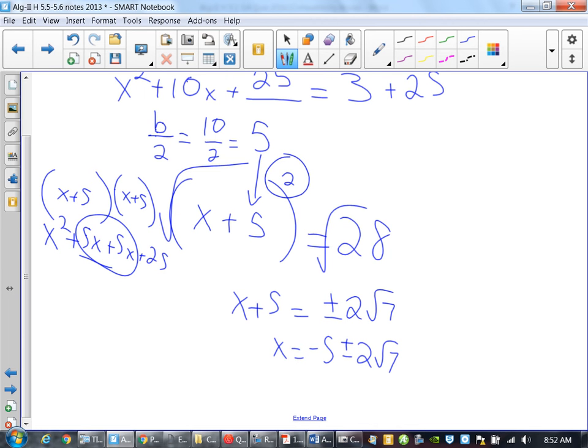Yeah, Julie? What even is completing a square? Like, why do you need to do it? Okay. What you're trying to do is you're trying to take a piece of paper. A piece of paper is rectangular, right? Now, if I make it so that it's square,